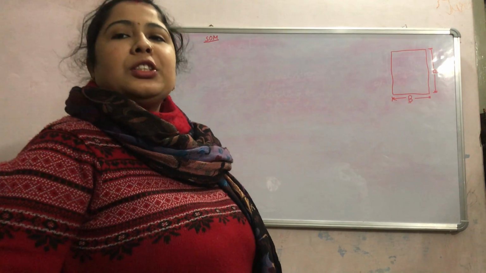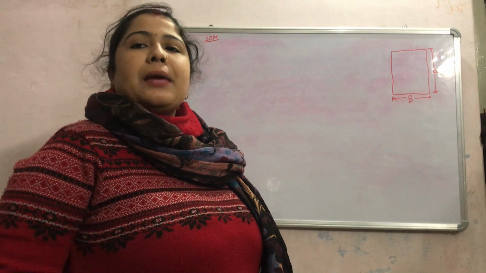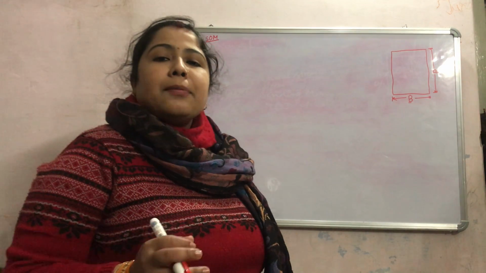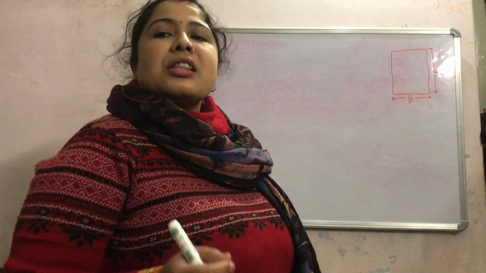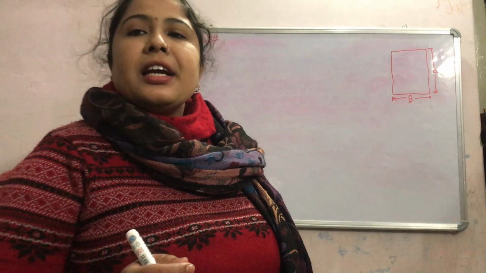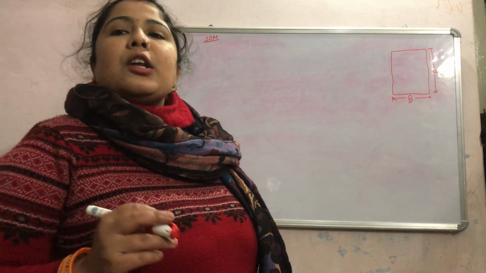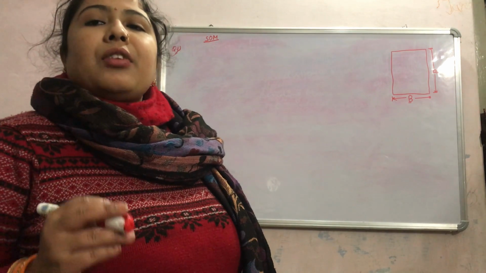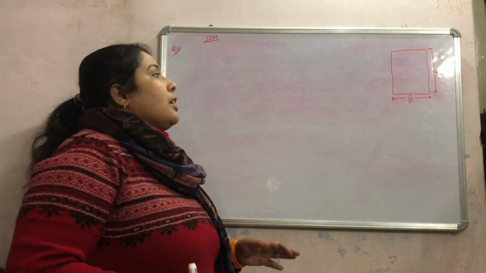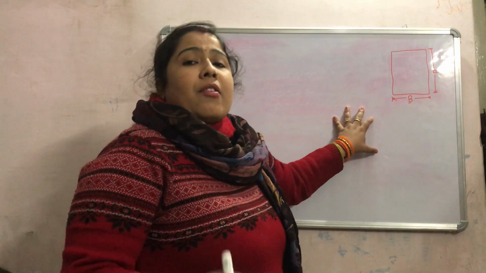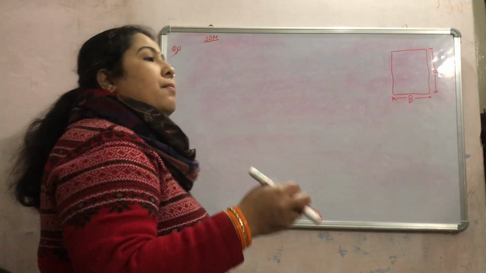Hello, this question says a homogeneous, simply supported prismatic beam of width B, depth D, and span L is subjected to a concentrated load of magnitude P. The load can be placed anywhere along the span of the beam. The maximum flexure stress developed in beam is. In this question, we find out the maximum flexure stress or maximum bending stress developed in beam.